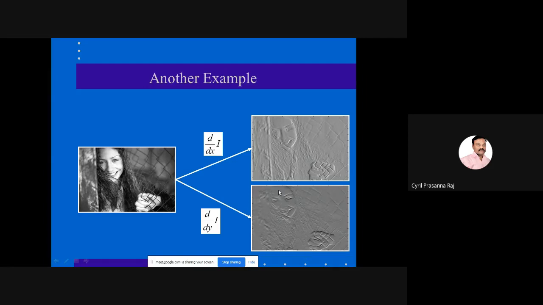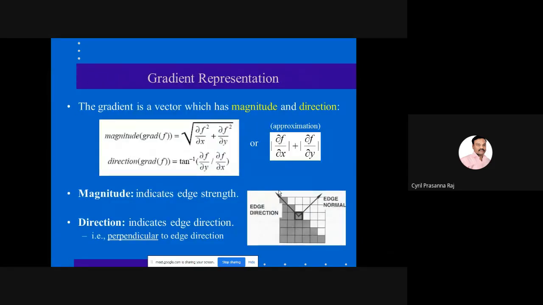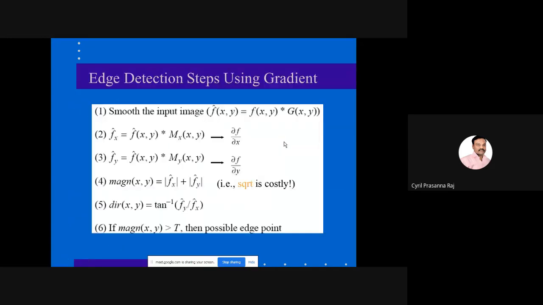Okay, now what happens once you get all of them? Let us go back. After getting the images along the x and y directions, you just add them by taking the mod operator, or you can use the square root operator. But the simplest way is to take the mod of both the images and simply add them, and you will be able to get the final edge detected output.